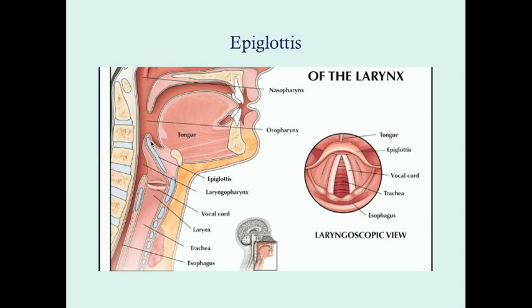And remember the configurations they take. This is the configuration you would be in when you're breathing, so you get air down into your trachea, but when you're swallowing, this is going to come down to the horizontal position and cover up the trachea. When you look laryngoscopically, looking at the vocal cords, the glottis, you have your vocal cords here, and then through that it becomes trachea. The epiglottis is going to be more on your anterior end here, and then your arytenoid cartilages are down here.